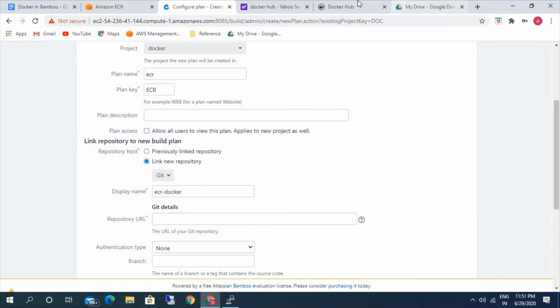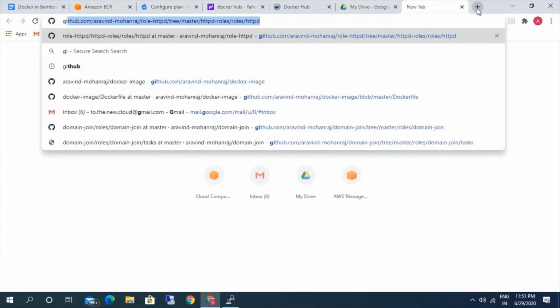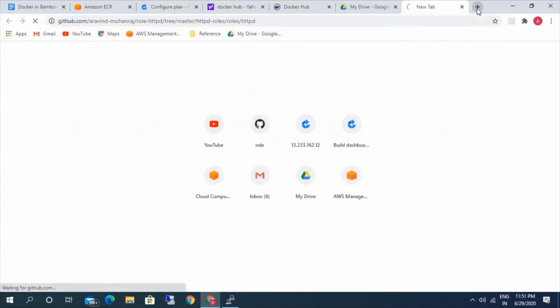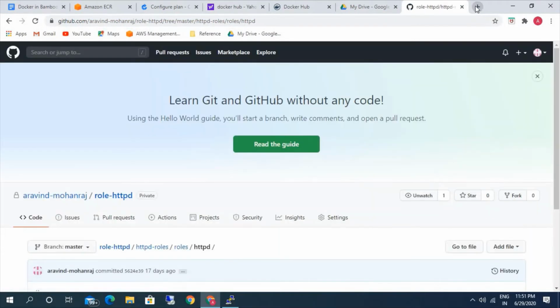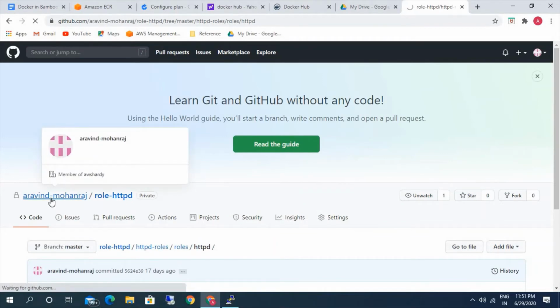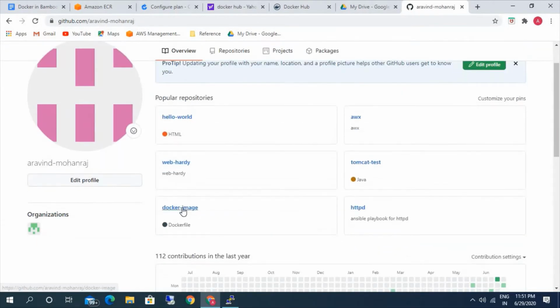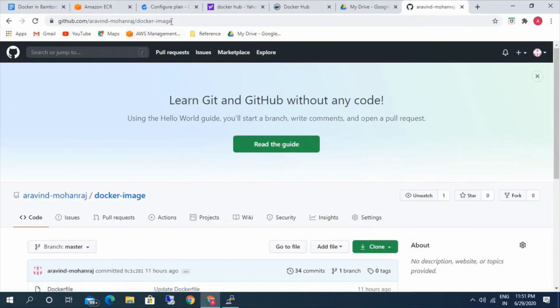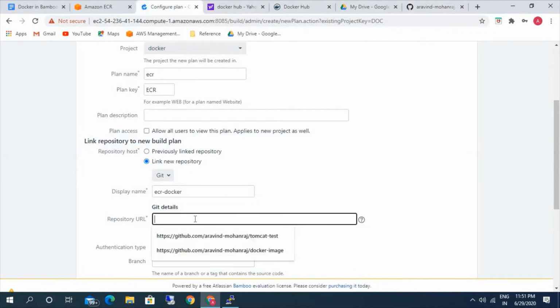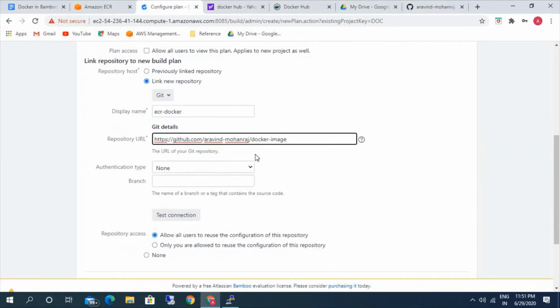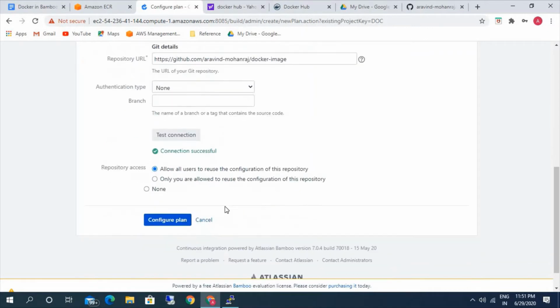The Git URL would be this; it is another method where we can also use Git to save our Docker file. Docker image authentication, and since it is a public image, configure plan.